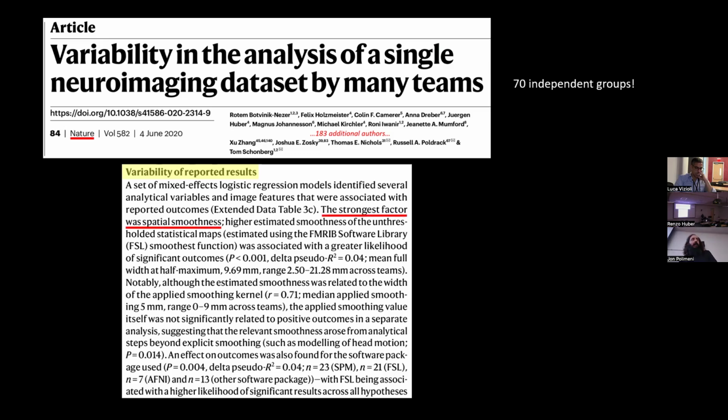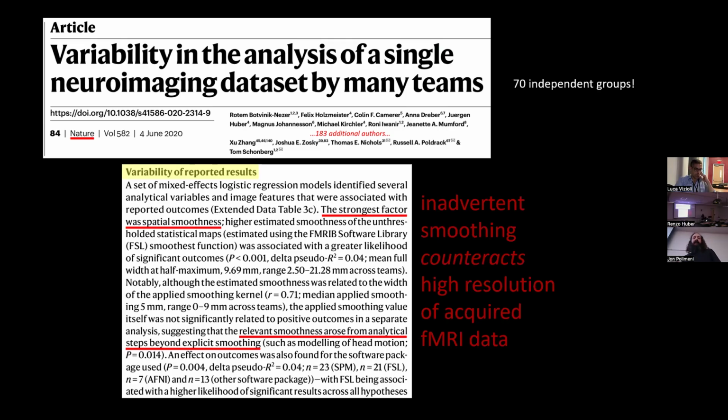They said that the strongest factor that contributed to this variability was spatial smoothness in the data processing. And this spatial smoothness arose from analytical steps beyond explicit smoothing. So different groups had different preprocessing techniques, which contributed inadvertent smoothing, which contributed to this variability of the results. And so inadvertent smoothing, especially in the context of high-resolution fMRI, is really problematic because it counteracts